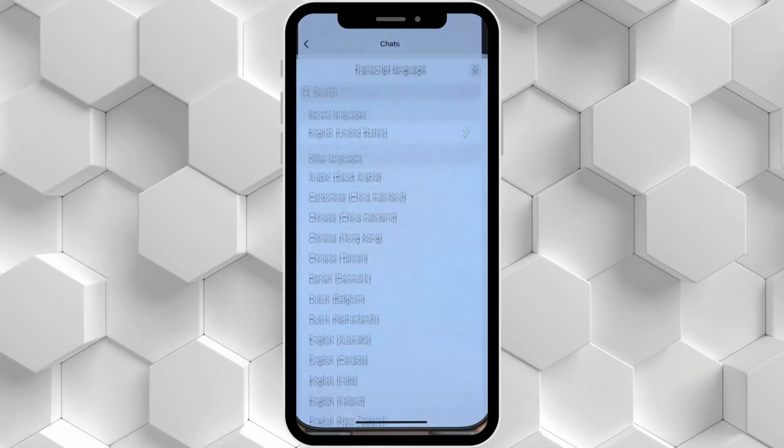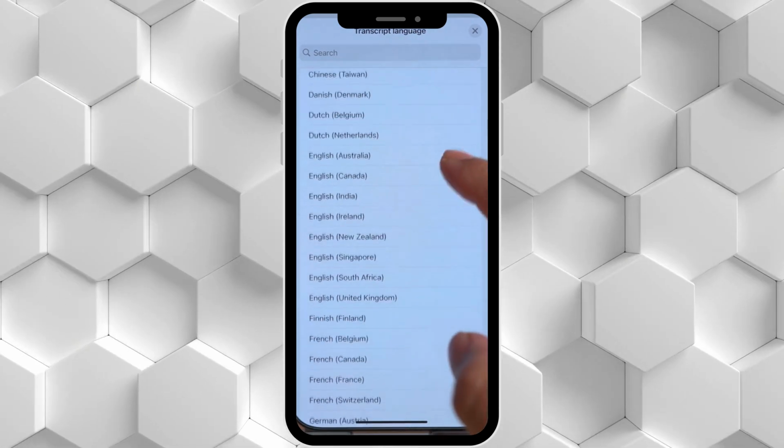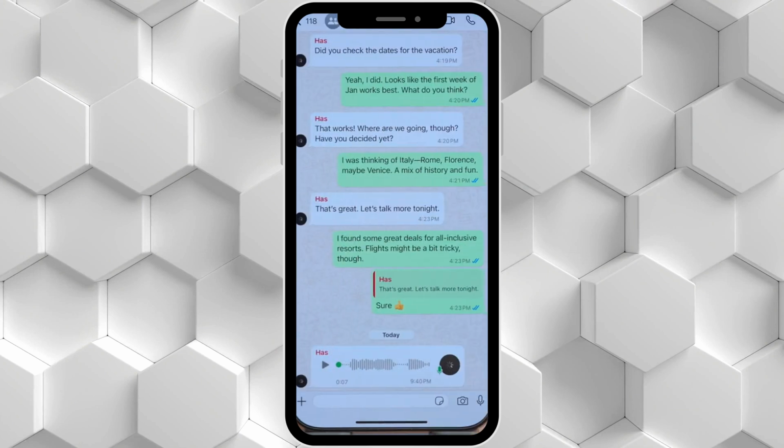Now tap on Choose Language. Here you can find a list of major languages. You can find your language and select it. Continue now. When you have received a voice note from anyone, all you need to do is just tap and